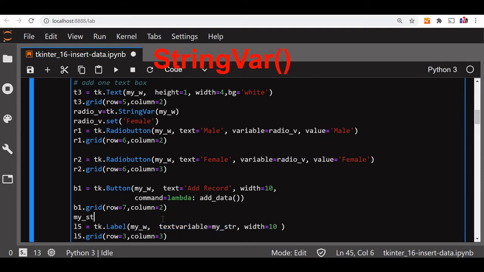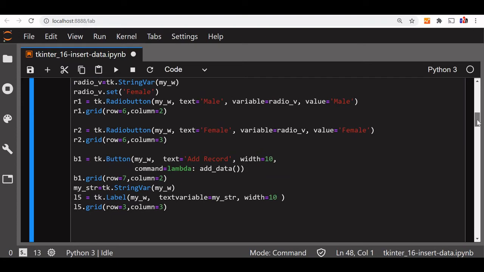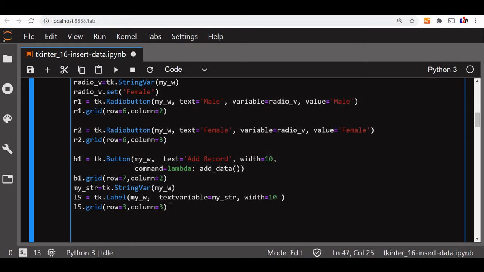So we'll say mystr equal to tk.StringVar in our parent window, that is myw. Fine. Now after this, we'll set some value, because when it opens up it should always have some value. So let's say mystr.set output. We'll say output now. Subsequently we'll replace this with our messages, whatever we want to give to our users.